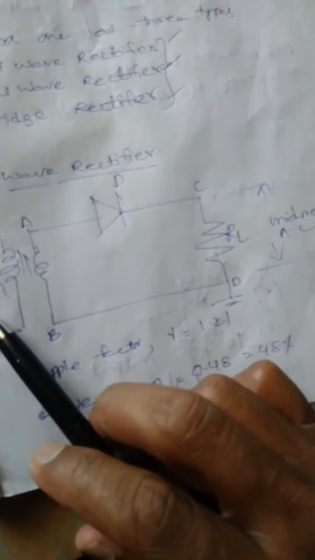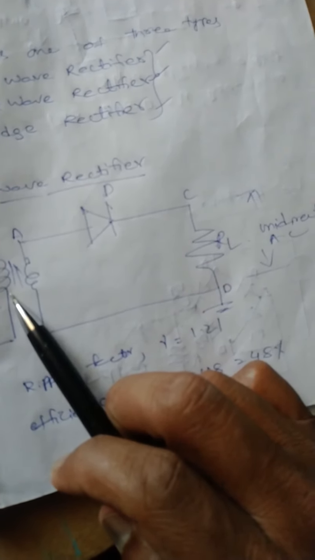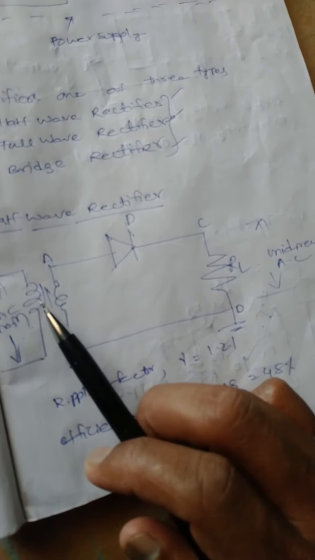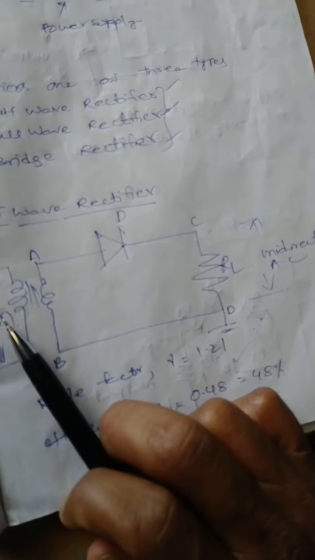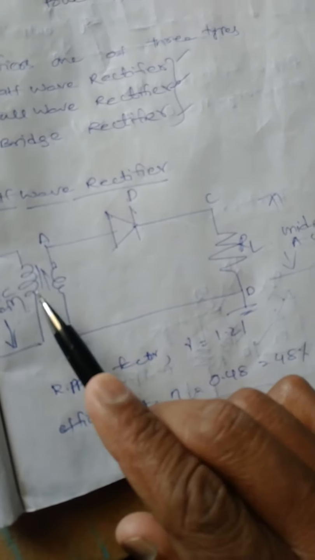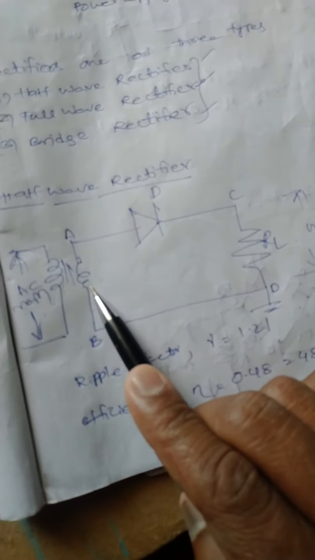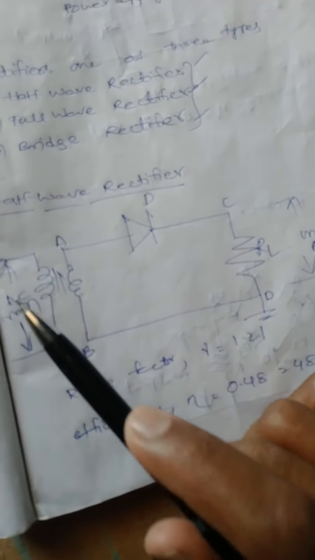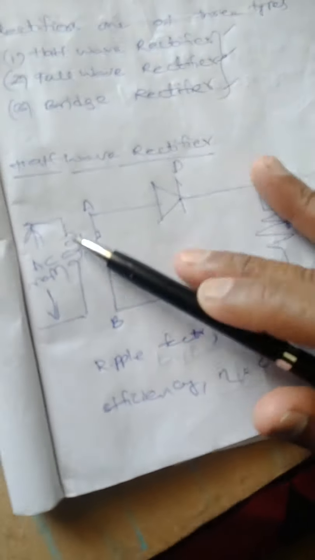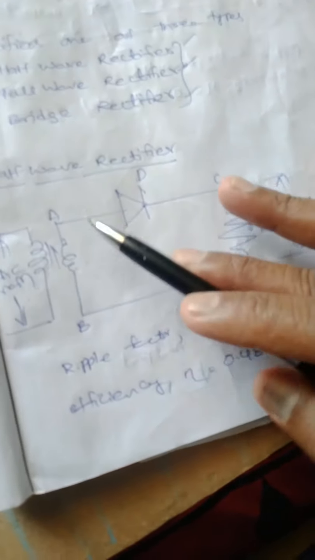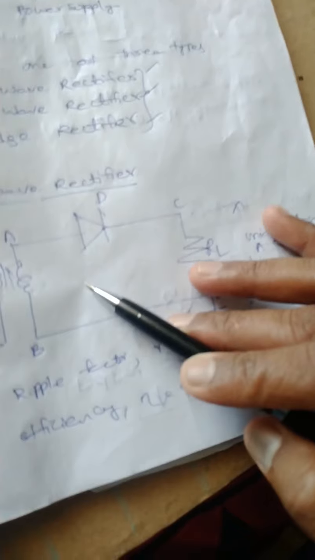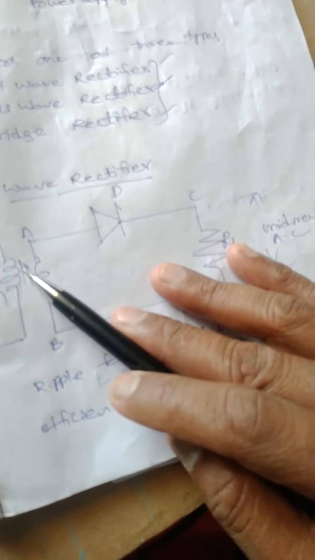Now let us show you the circuit. If you apply the AC input here to the transformer, this transformer is an electrical device which transfers power from one circuit to the other circuit. This is the primary circuit, this is the secondary circuit. These are called primary windings, these are secondary windings. Here we are applying 230 volts. What type of transformer are we using? We are using a step down transformer. It will bring down the voltage from 230 volts to some voltage according to the rating of your transformer. It may be 5, 10, 20, 30, whatever it may be. For half wave rectifiers we will use 5 volts.